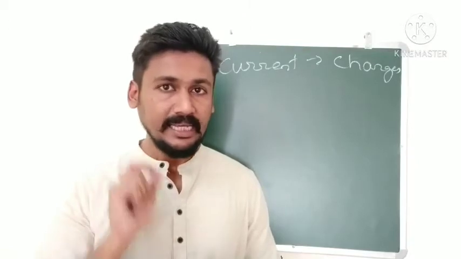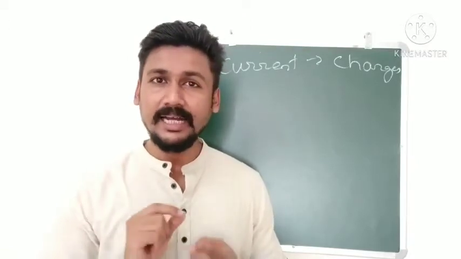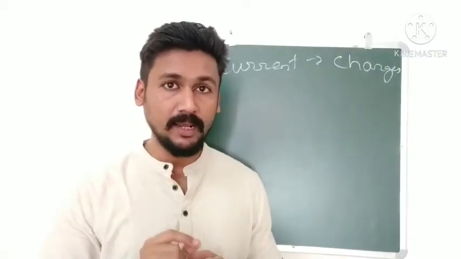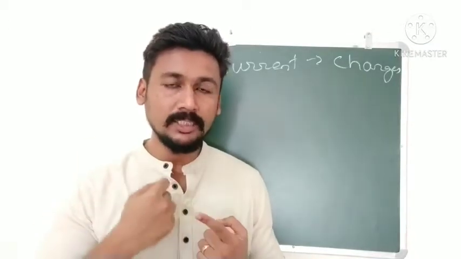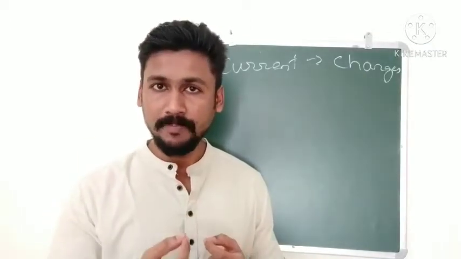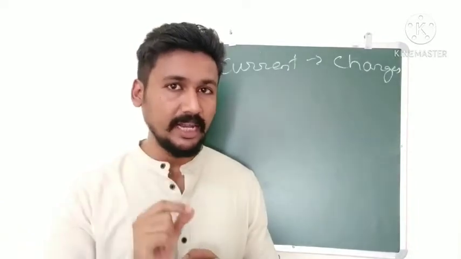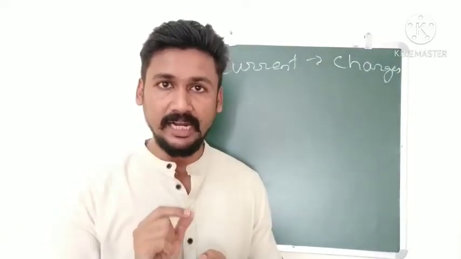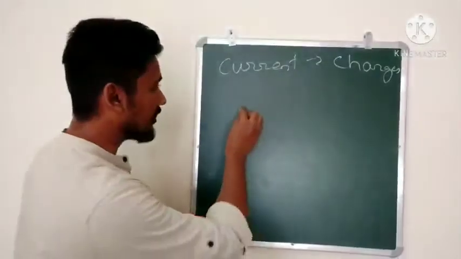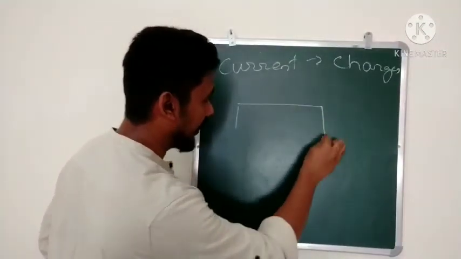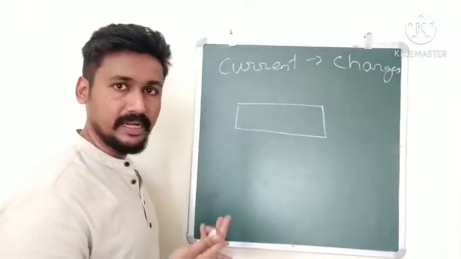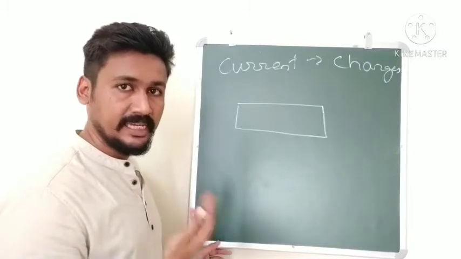are nothing but electrons. But which are the electrons which are actually moving? Can all the electrons in the solid just start to move? No. Okay, there are some specific electrons which are known as free electrons. Okay, so when you consider, let us say this is a metallic wire. Okay, and we know a metal is a very good conductor of electricity.